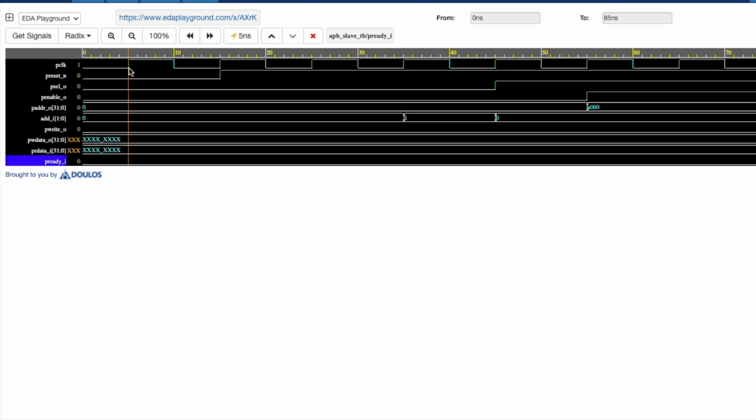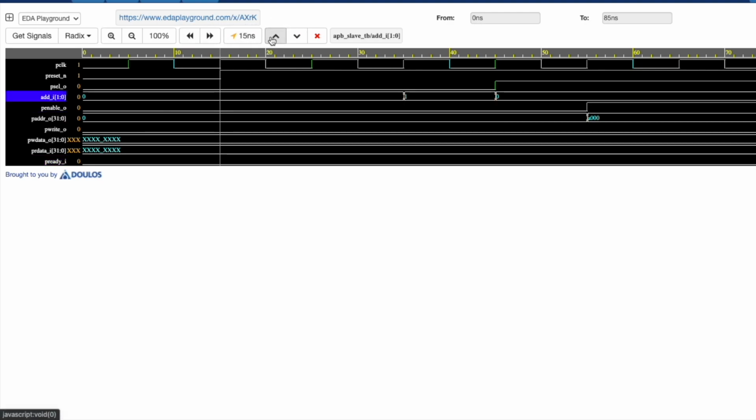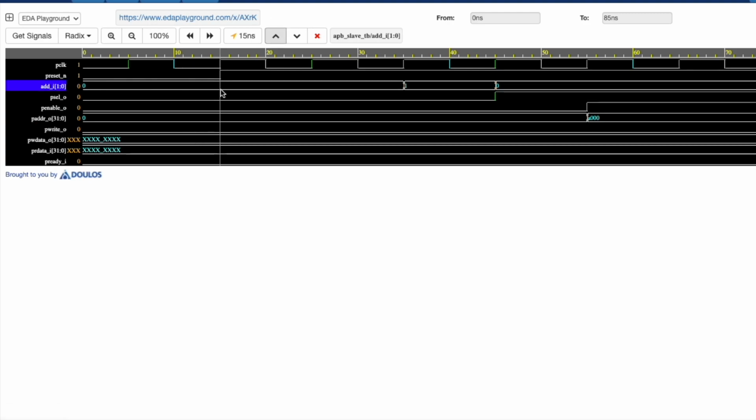So we are in reset on this cycle. We come out of reset. Your add_i is all 0, so nothing is initiated. Your add_i becomes 1 here. That is why on the next cycle you initiate your APB transaction.